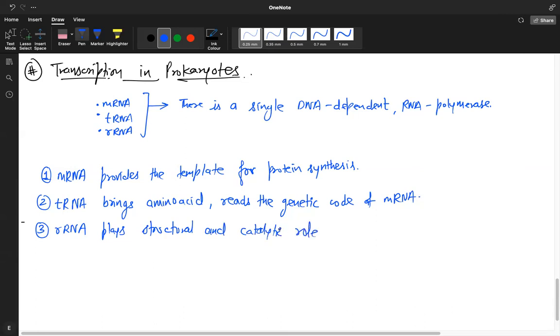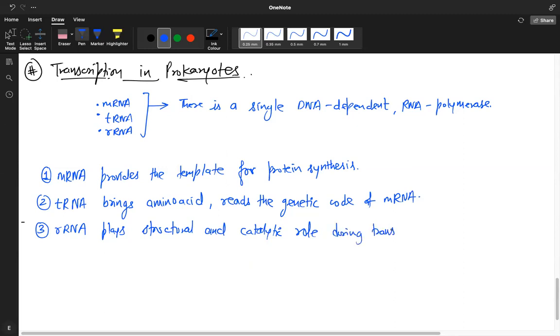Remember, I told you when we were discussing the RNA world hypothesis that RNA also has the capability to catalyze reactions. So this rRNA plays the structural and catalytic role during translation,